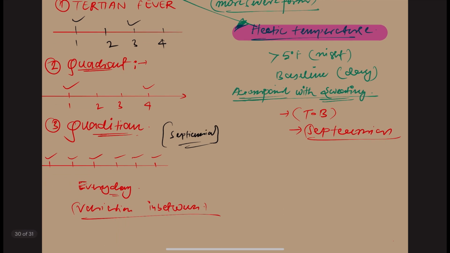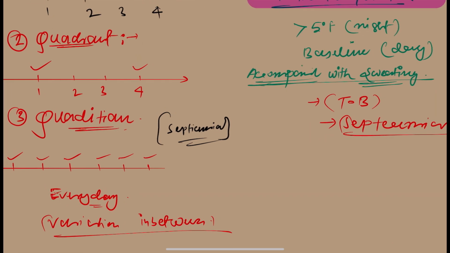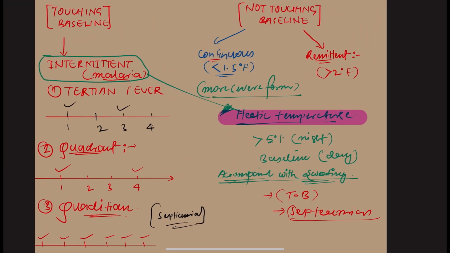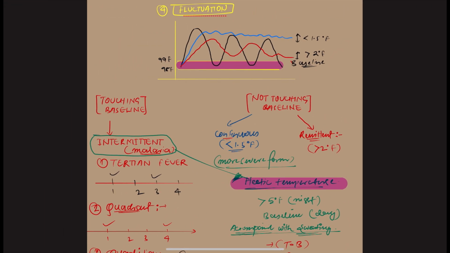And if the fever is occurring daily, suppose it is occurring daily, हर दिन हो रहा है, but the temperature variation is in between every day, हर दिन हो रहा है लेकिन टेम्परेचर वेरिएशन दिन के अंदर ही हो रहा है, सपोज इन केस ऑफ द सेप्टिसिमिया में ये देखने को मिलता है। तो नाउ कमिंग टू द नॉन टचिंग बेसलाइन, तो जो ग्राफ बेसलाइन को टच नहीं कर रहा था, तो एक है ब्लू जो कंटिन्यूअस है, और एक है रेड जिसका वेरिएशन ज्यादा है, मोर देन 2 डिग्री फ़ारेनहाइट, इसको बोलता है रिमिटेंट। तो याद रखना, एक है कॉन्टिन्यूअस, एक है रिमिटेंट, अंडर द कैटेगरी ऑफ द नॉट टचिंग बेसलाइन फ्लक्चुएशन।